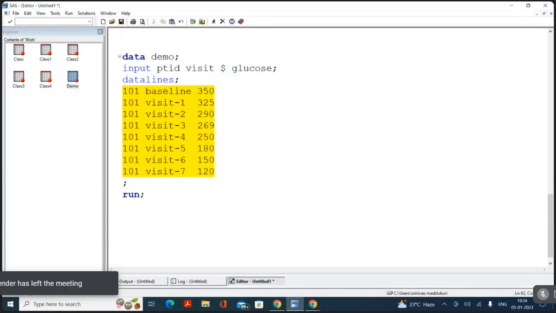Do you know what we mean by baseline, anybody? A baseline is the value that is the most recent before the treatment. Treatment started, and whatever the most recent value we have before the treatment started, that we call it baseline. Say, for example, there is a patient and he has got